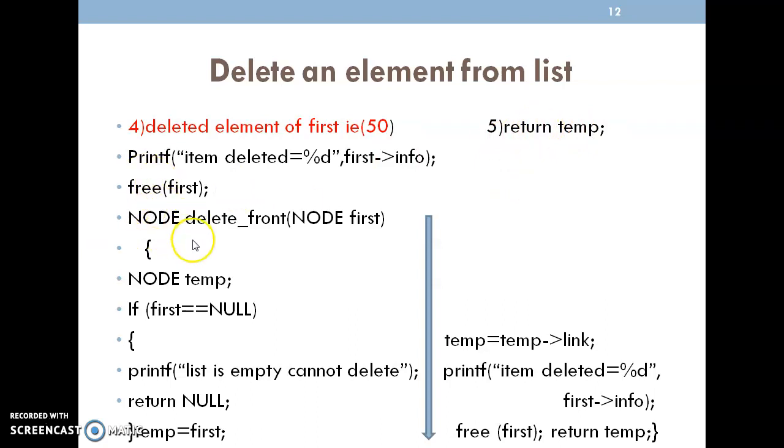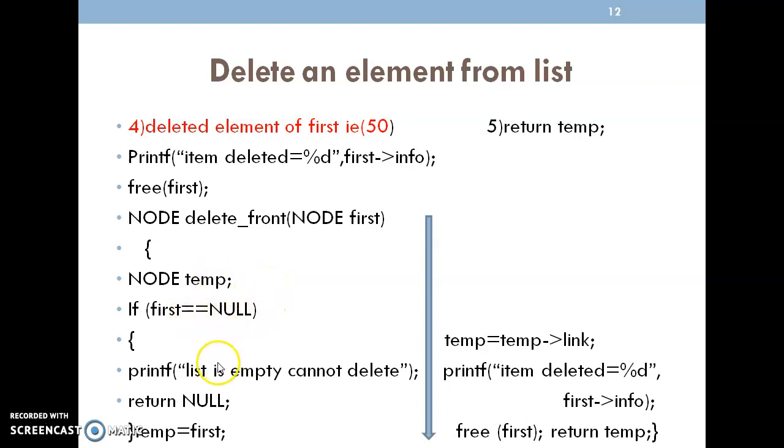Similarly, all those functions are written in a single function. Whenever you call node, that typedef structure will work. Then node will contain both the fields. Then node first will obtain the first node that is created. Then node temp: whenever I call node temp, the temp node with both the information and link field is created.